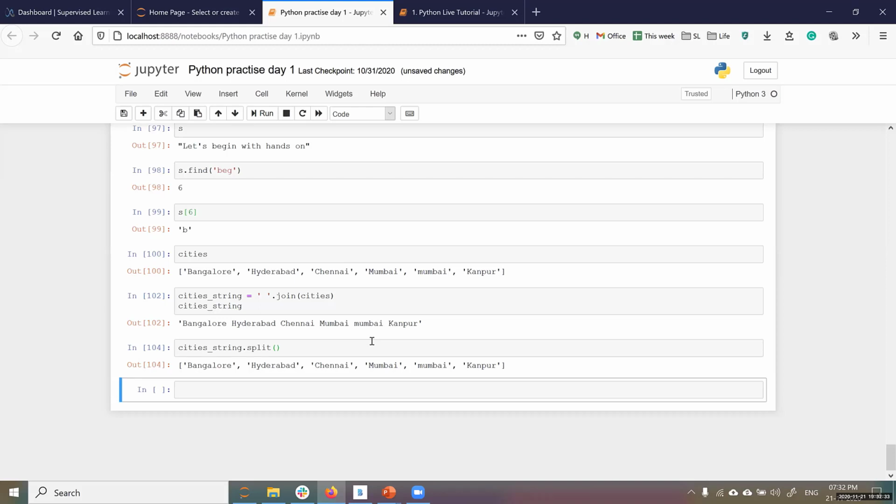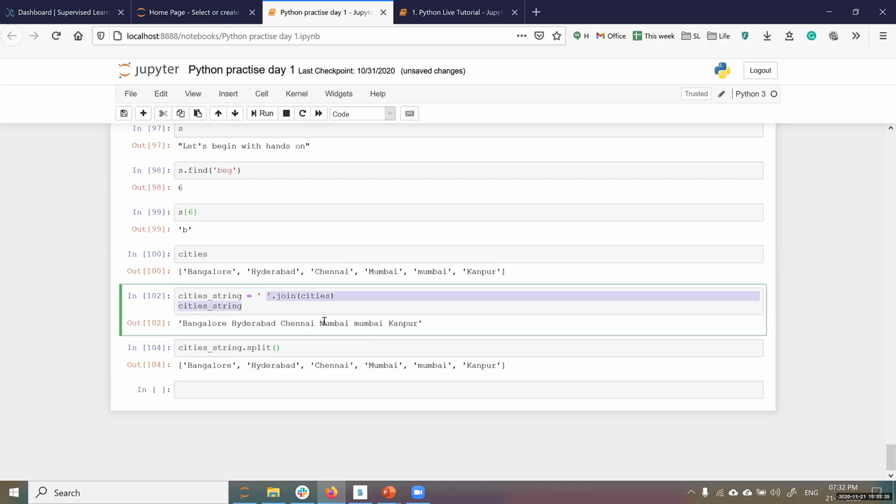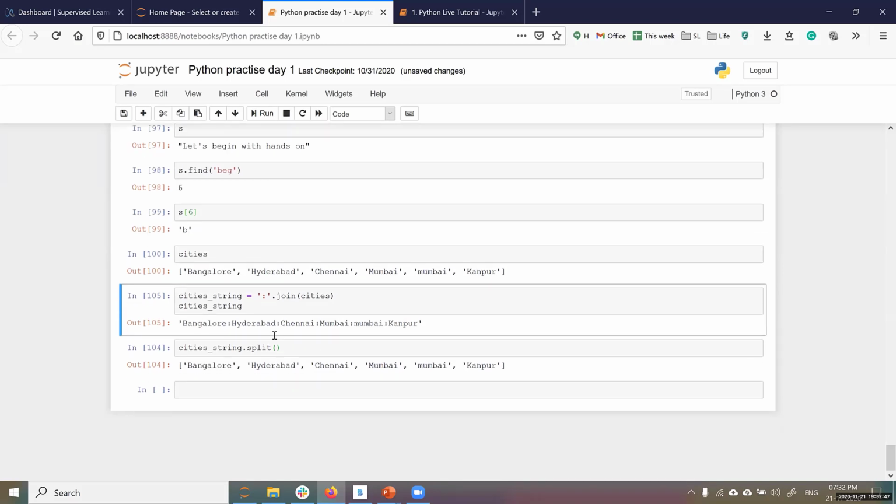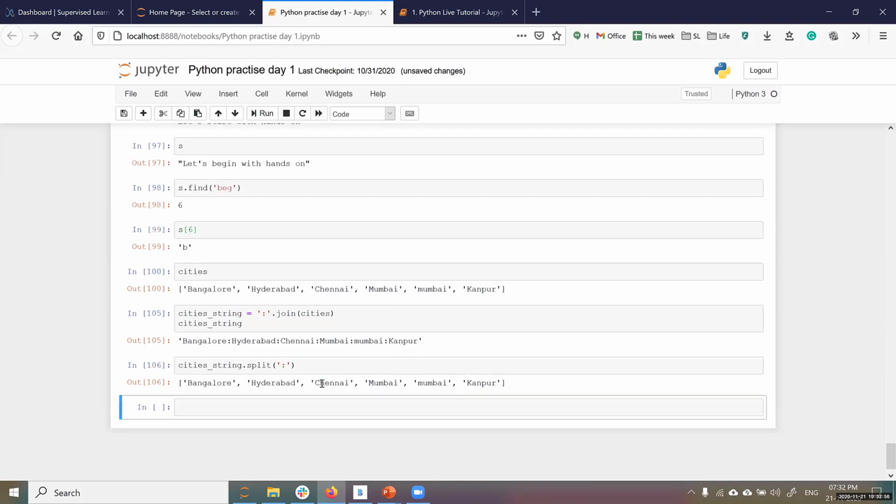But let's say if you specify, for example, I can put a colon and create the cities string. Now the string is colon separated. All right. And if you have to split this kind of thing, then you have to use dot split. Inside the parenthesis, put this, and you will be still able to separate.